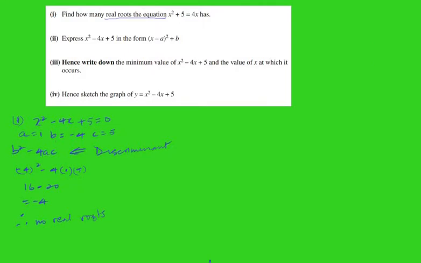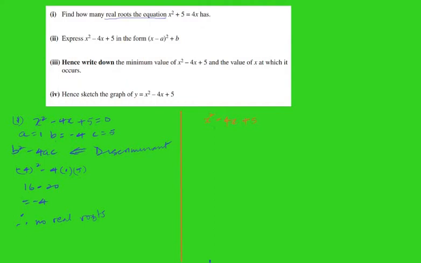So the other part now deals with completing the square. So we have x squared subtract 4x plus 5. We have to write it in this form here. So working on the side here,